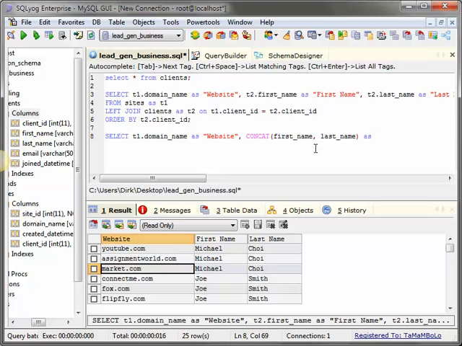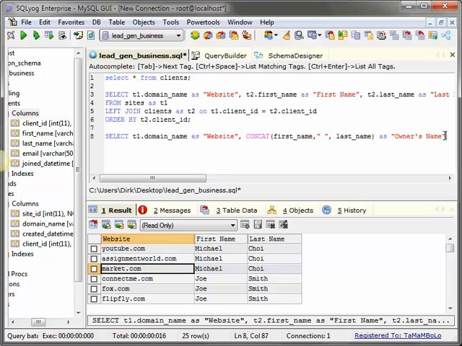When you concat, make sure that you include spaces between the two fields, because by default it has no space. So I'll just add a space between the two fields. Then as, let's name it owner's name.